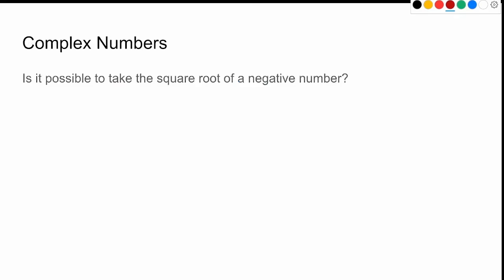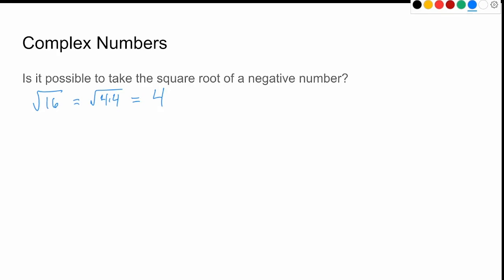Complex numbers. Sometimes we need to use complex numbers. What are they? Well, first of all, they come out of this need to take the square root of a negative number. Now, when we're taking a square root, we'll just take like 16, the square root of 16. We're looking for a number that multiplies by itself to give us 16. And that's going to be, 16 is 4 times 4. So the square root of 16 is 4. So the square root is a way to get at the number that when you multiply by itself gives you the number inside the square root, right?